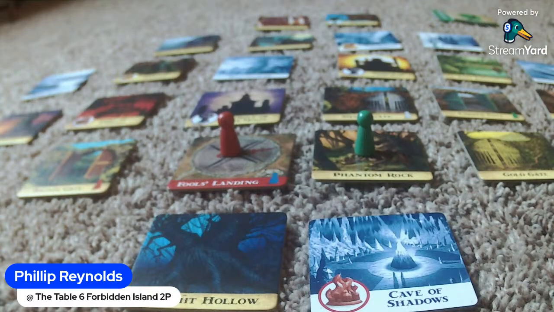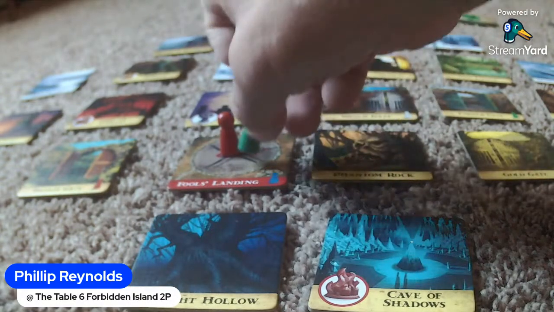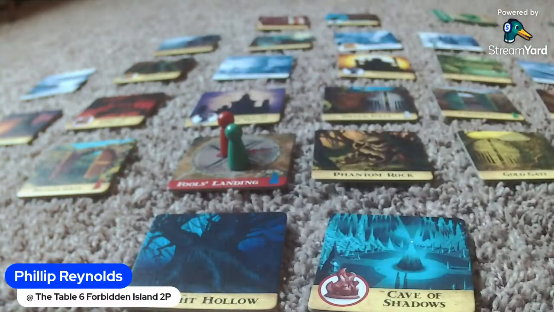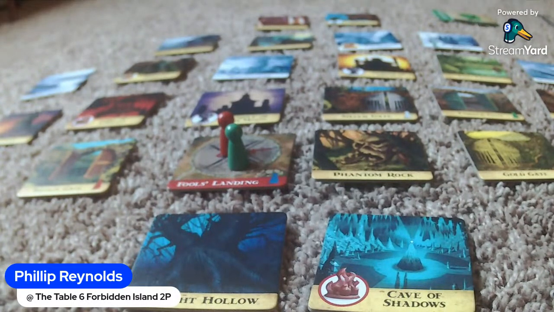All right, let's see here. The Explorer is going to shore up Cave of Shadows. That's his first action, and then he's going to go to the Engineer's Fool's Landing for a second, and he'll get the Griffin from the Engineer, and that will be his turn. And so he now has three Griffins, and we're 1 away from getting the